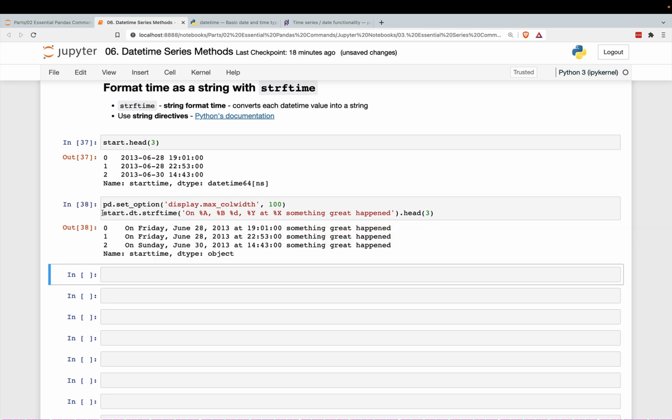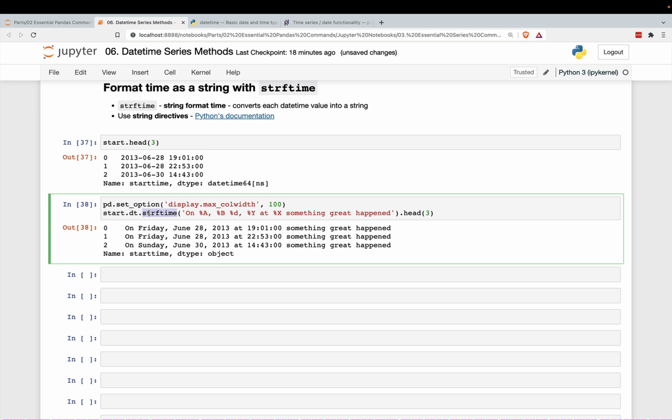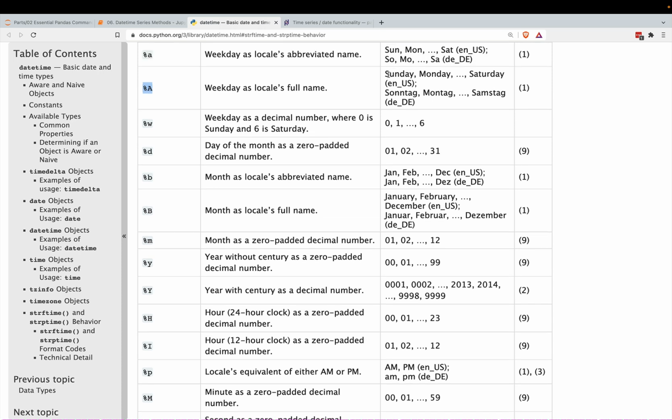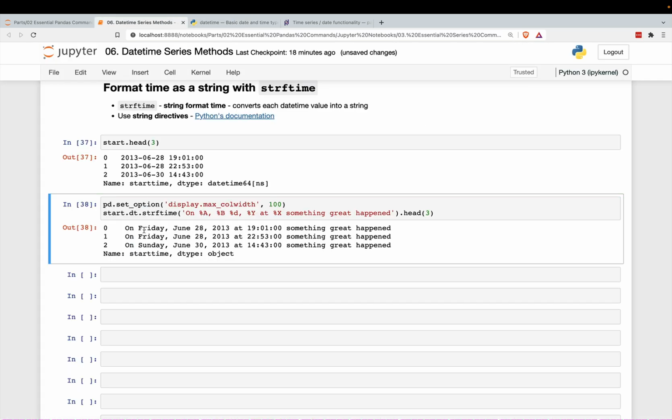So what I've done here, make sure you see what's happened. I've called the strftime method from the dt accessor. And then I just pass it in a string. And then I use these directives like %A. And you look over here, and what is %A? Well, that's the full weekday name. So you can see here,